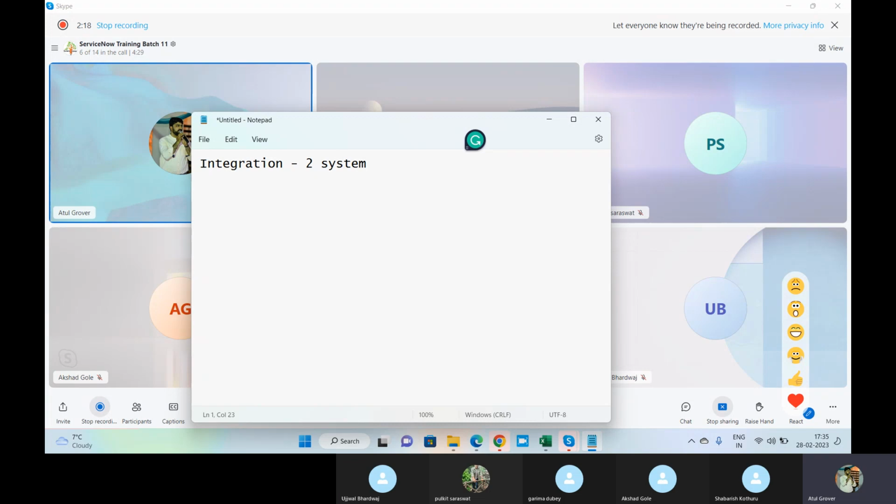So what does this mean specifically? If we need to understand integration in our world: I want to send a letter to Pulkit. I generally take this example in all my previous batches as well. To do that, I need a communicating way that can take my letter from here and deliver it to Pulkit's house.